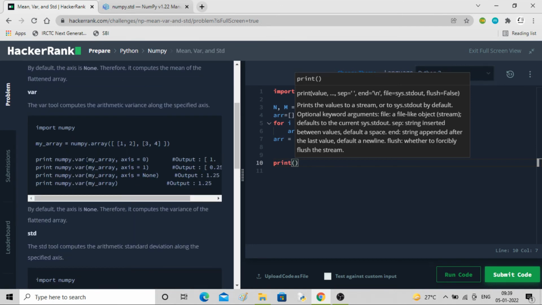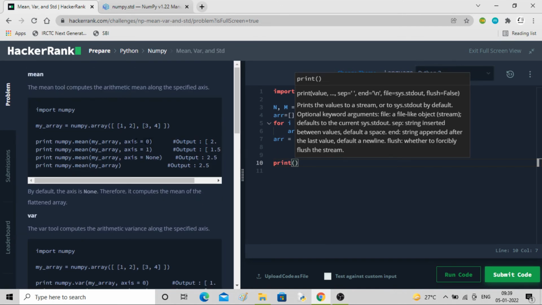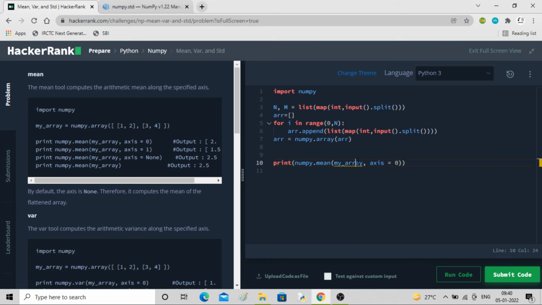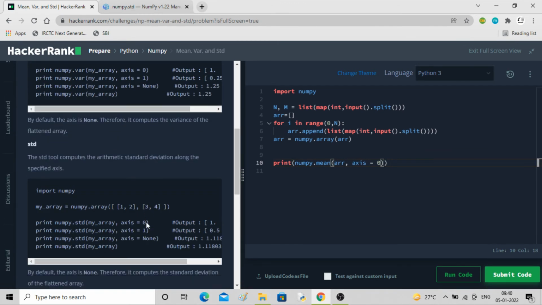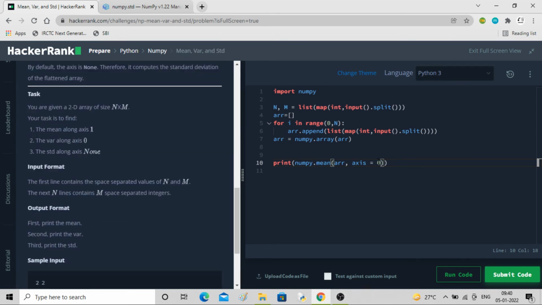So I'll take mean first. This is our mean, and this is our array. Axis has to be 1. On a similar note, we will have variance.